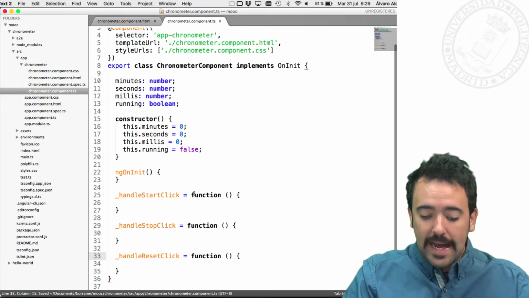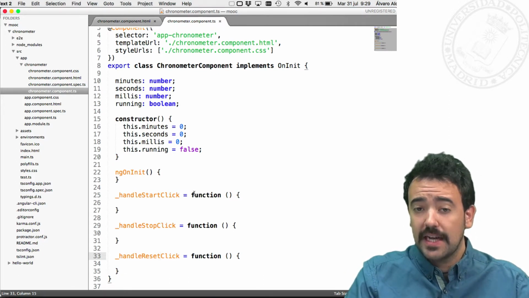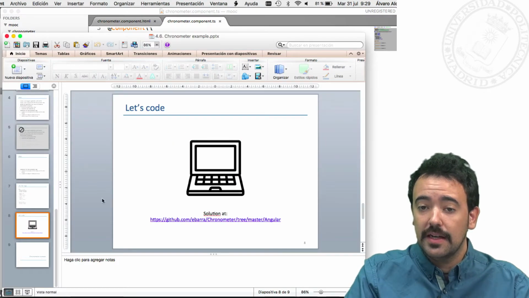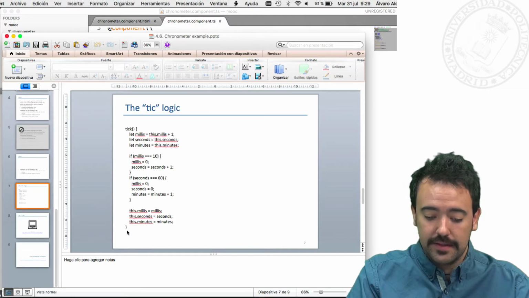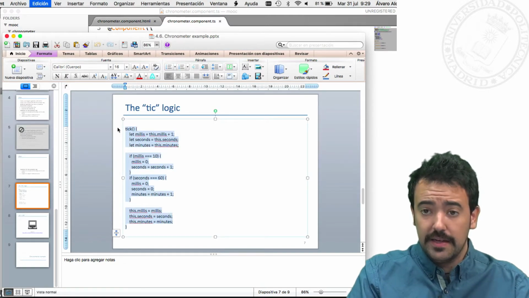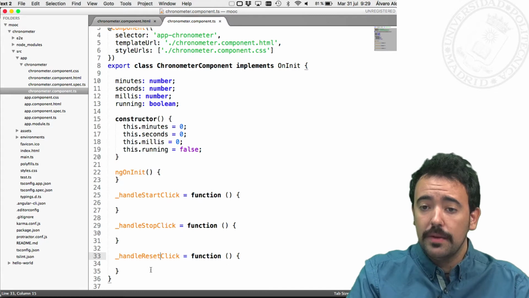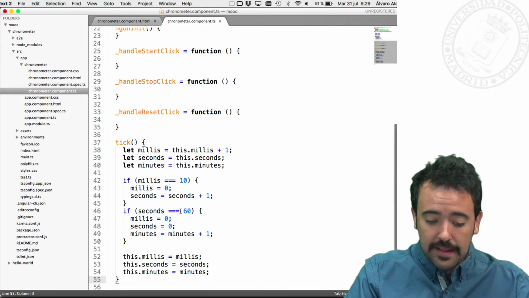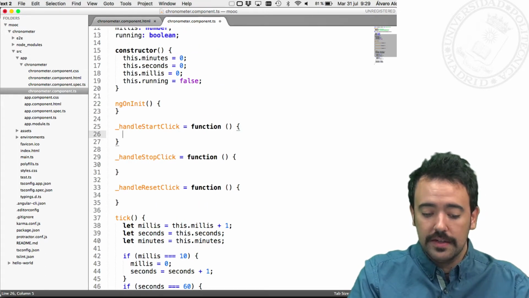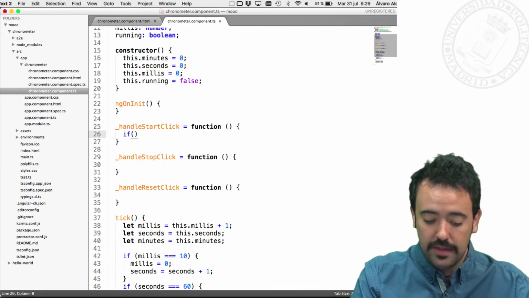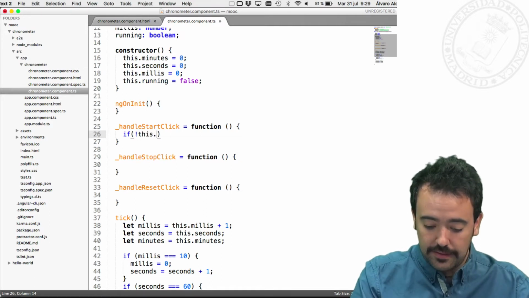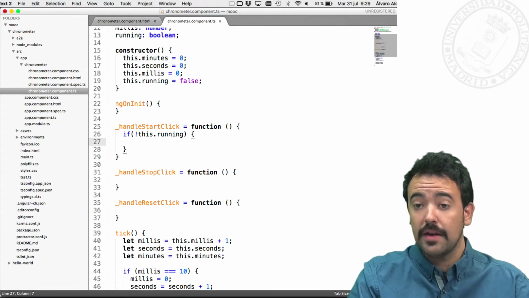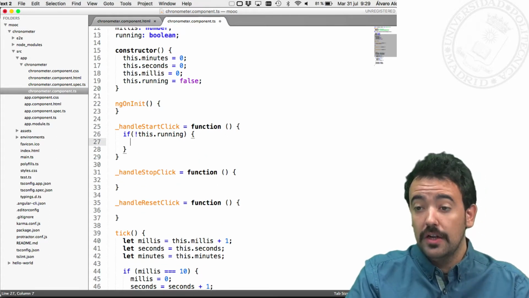Okay, so when I click on this start button, what I have to do is to periodically start calling the method that I defined here, and I showed you before, the tick method. So I'm going to copy this method here in my component. And then when the user clicks on start, but only if the chronometer is not already running, so the first thing I have to check is if the chronometer is already running or not, I will periodically call this tick